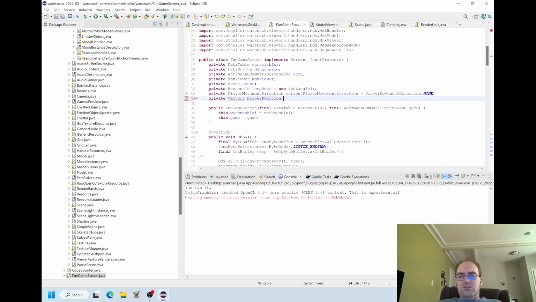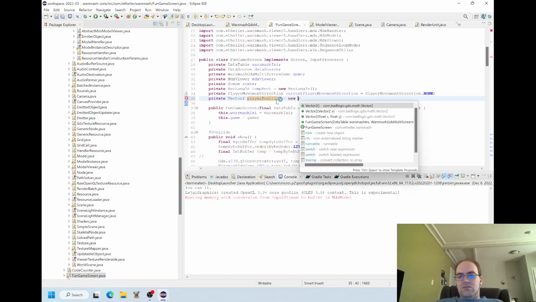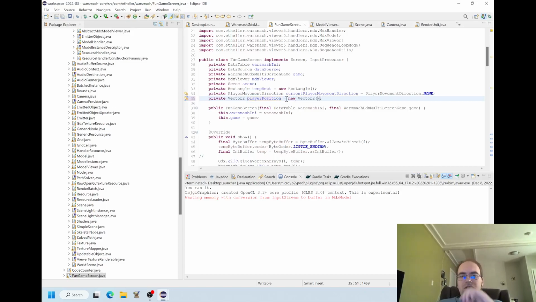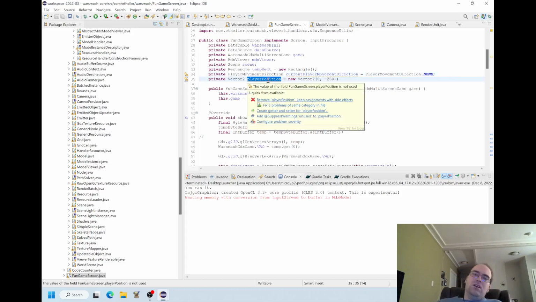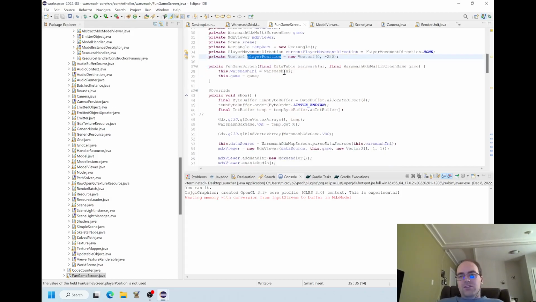So player position, if we think about it, is I guess it's like a constant vector. But rather than just starting at the center, I want the player to start down off the screen a little bit. So let's give him like a minus 250 position, and it's just going to be xy. So like x is 0 and y is minus 250, and that's going to be the player position.